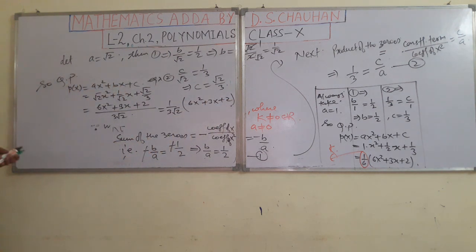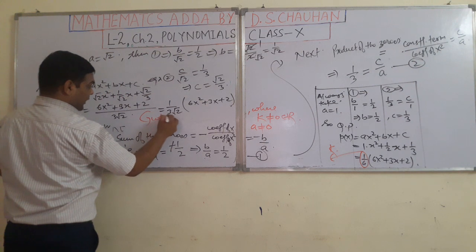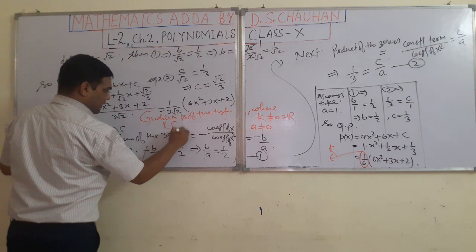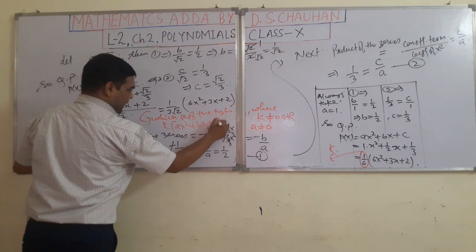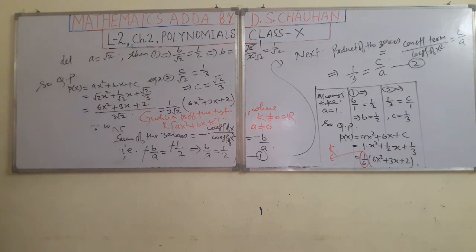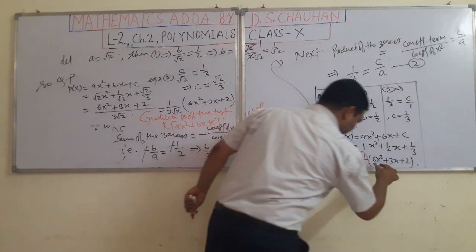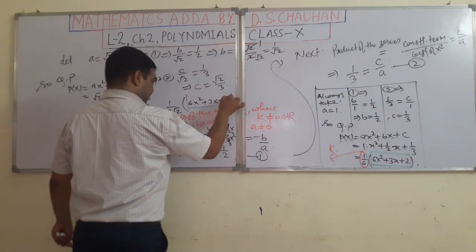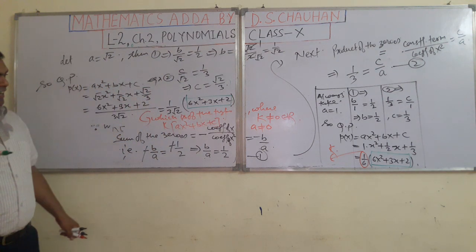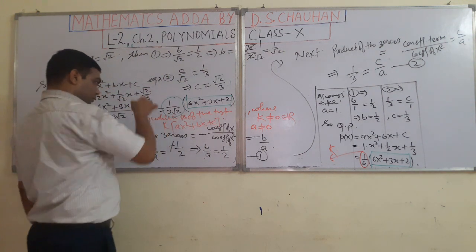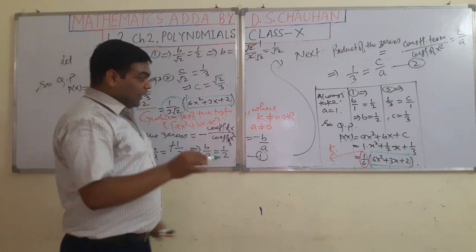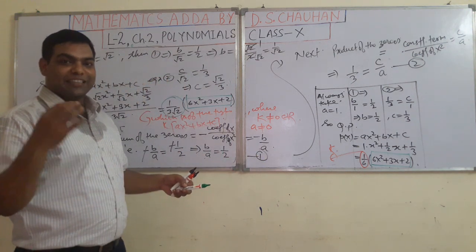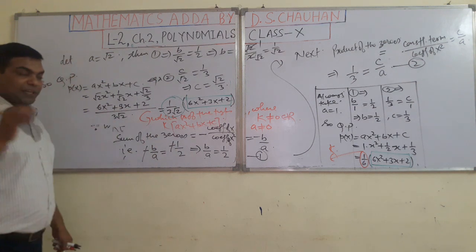Again, if you look clearly, this is of the type k times ax square plus bx plus c. Look students, what is common in both? See, this portion is the same as there, the same thing as here. But what is different? Here the value of k is changed, and these are different real values other than 0. So in this way I hope it is clear to you.